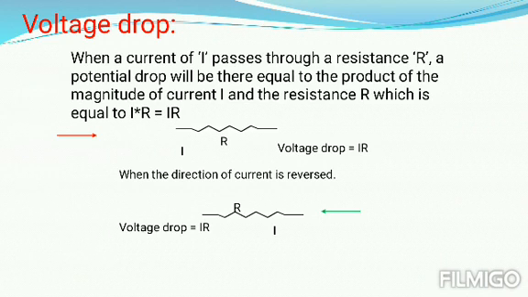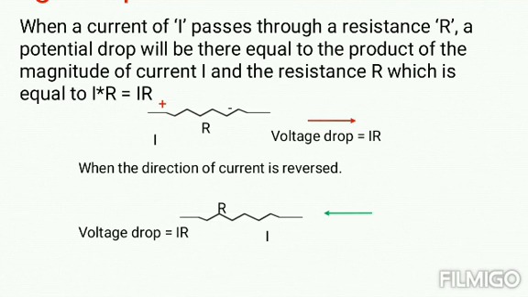Voltage drop is nothing but whenever a current passes through a resistance, some voltage will be dropped by this resistance, which is given by the product of current and resistance. The sign of this voltage drop is positive at the terminal where the current enters and negative at the end where the current leaves. In the first example, shown by the red arrow, the current is moving from left to right, and hence the positive sign for the voltage drop IR is given on the left hand side of the resistance, and obviously the minus sign on the right hand side.